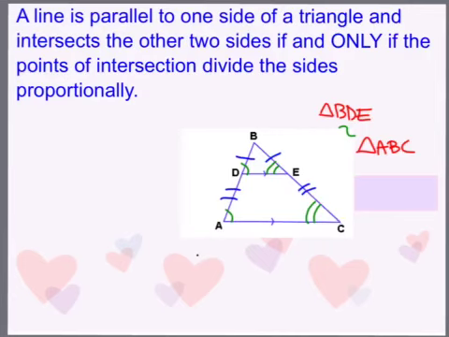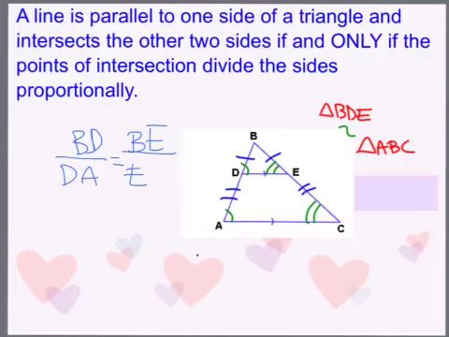So that means that the measure of BD over the measure of DA is equal to the measure of BE over the measure of EC. So they're in proportion to each other. Now, if I told you that the 2 triangles were similar, the smaller triangle and the bigger triangle, you could say, given angle-angle, that these 2 triangles have this angle congruent and this angle congruent. But either way, what this theorem tells us is that if this line is parallel to the base of the triangle